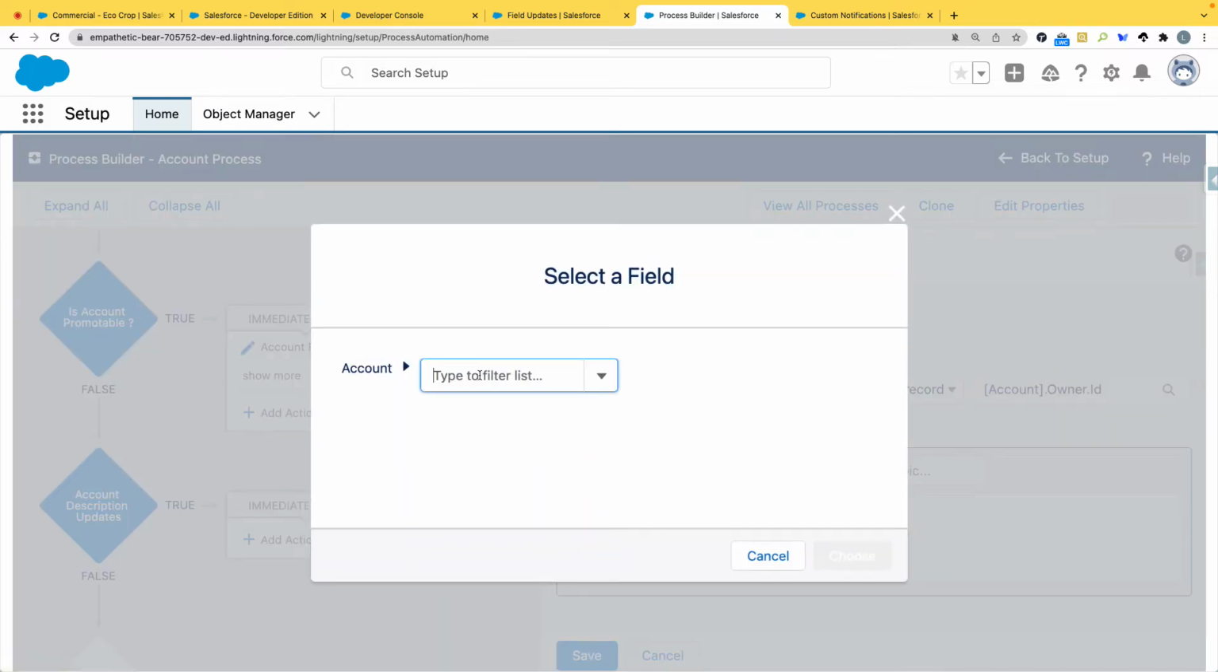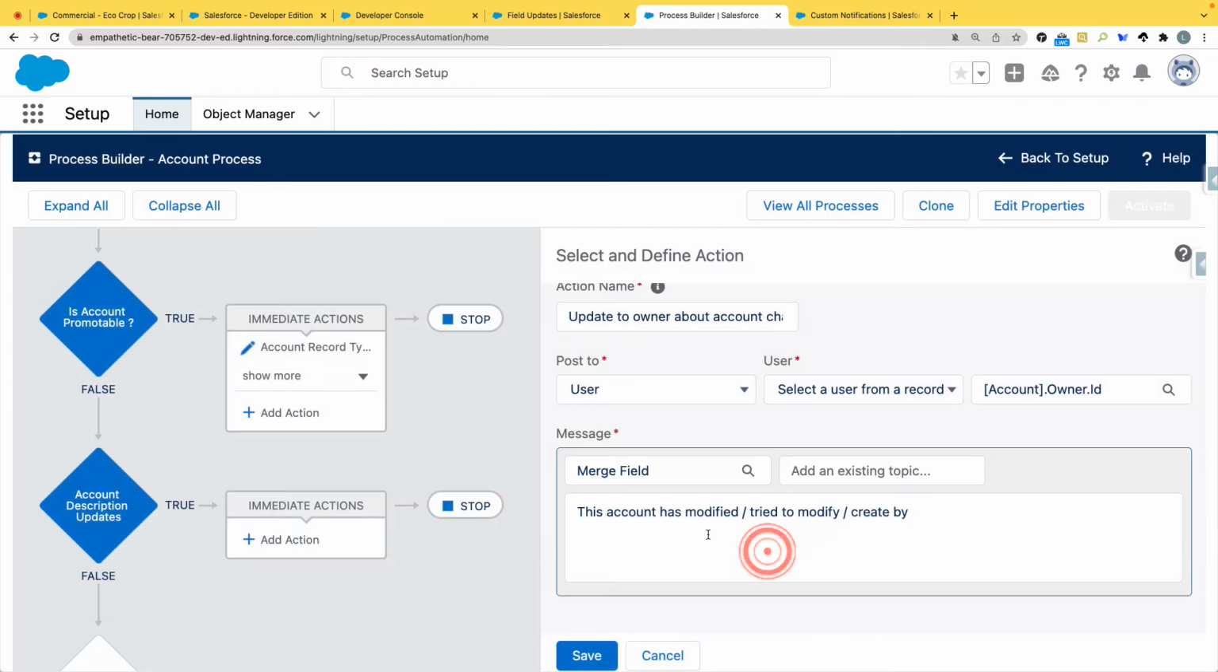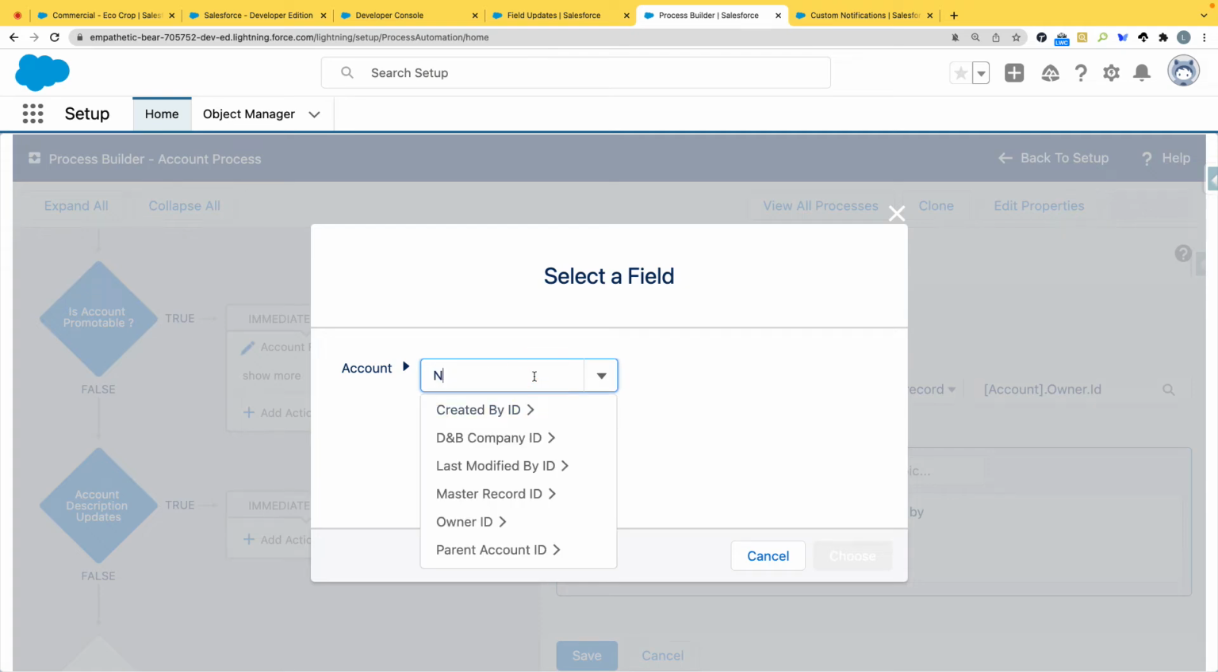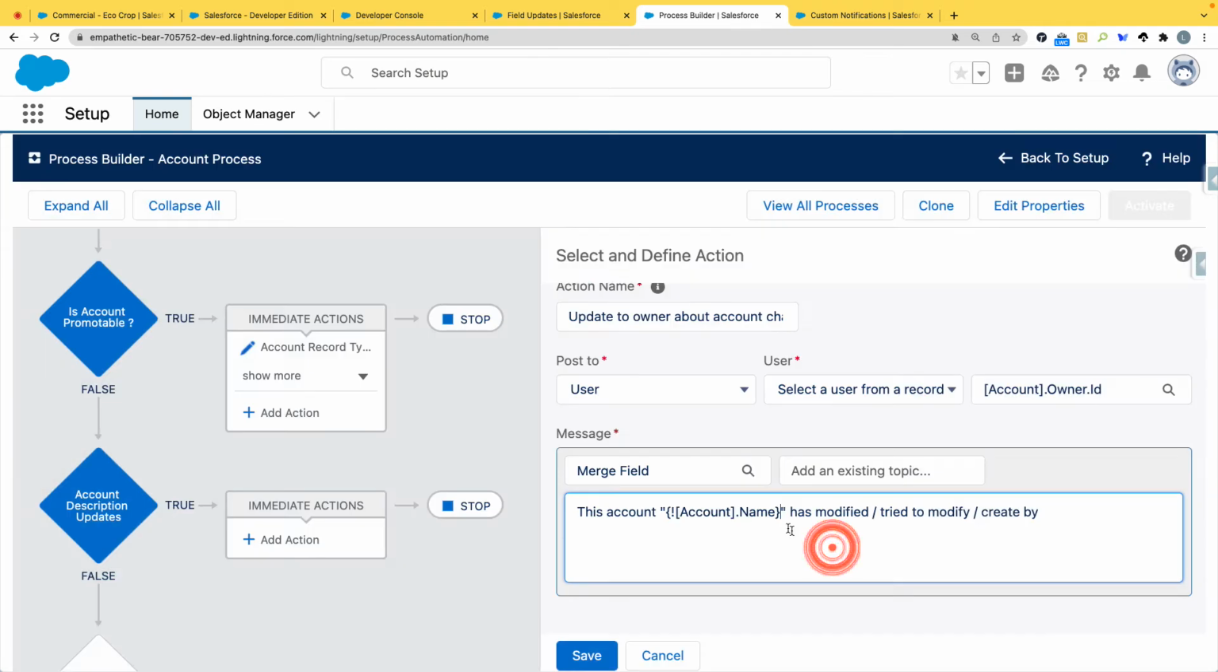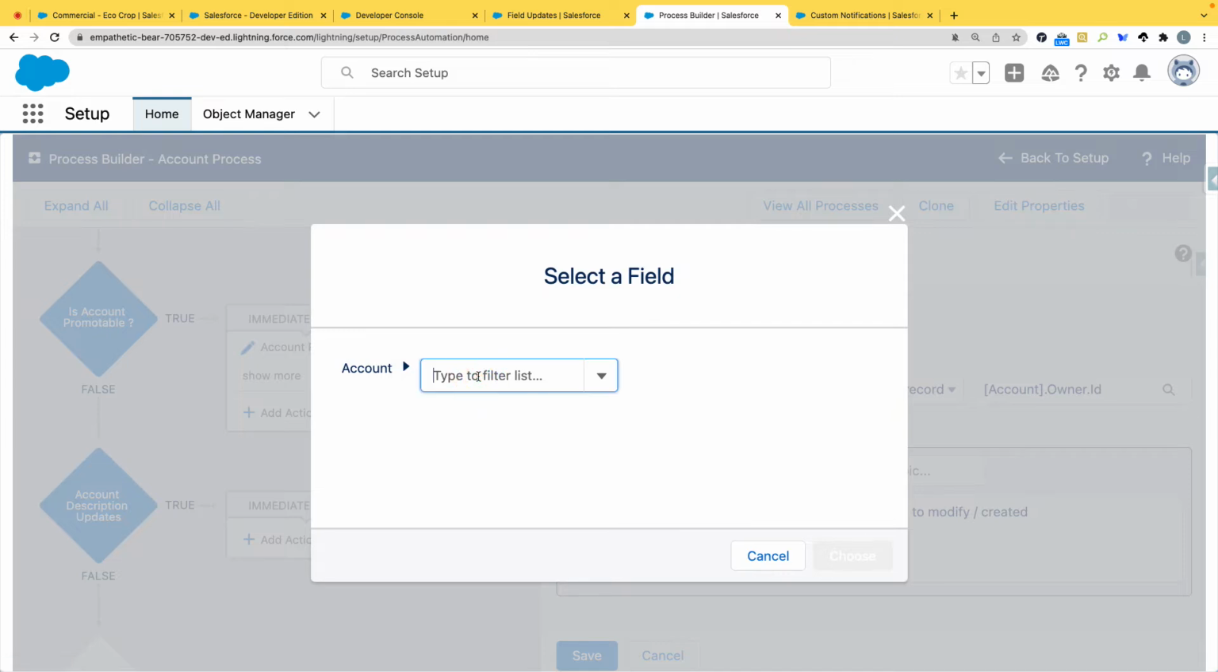I'll say, okay, this account, instead of, I'll go with here, name, account name has been modified, tried to modify or created by merge field, created by dot name, or let's say